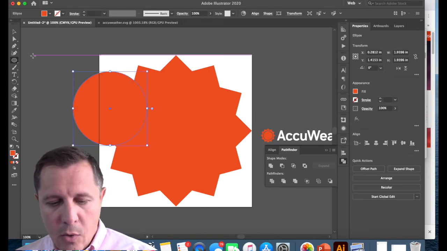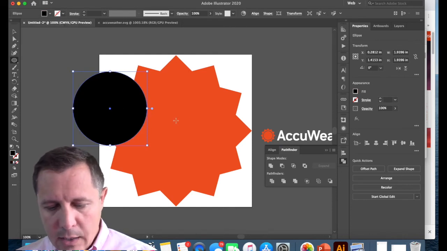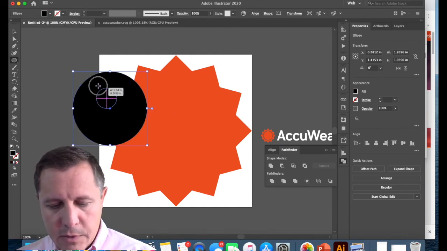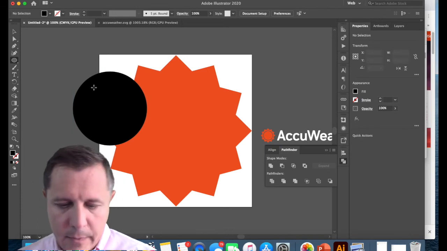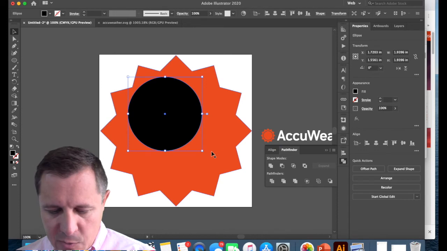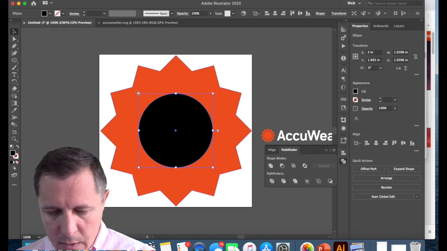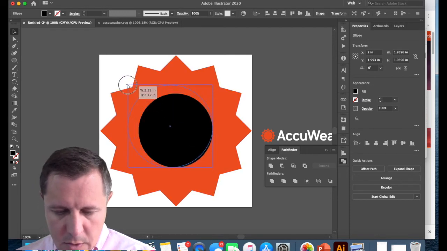Okay, so I'm not even going to mess with this color. I'm going to do a different color here, just so we don't get confused with what we already have. Whoops, I didn't want to do another one. Delete it. Okay, so I have my circle here. I'm just going to get this one sized up to the way I want it to. Okay, I'm going to get to the center of that other circle in there, and I'm going to hold down